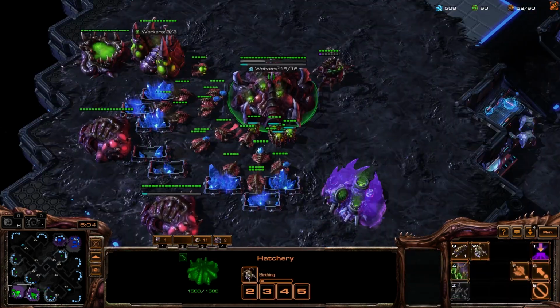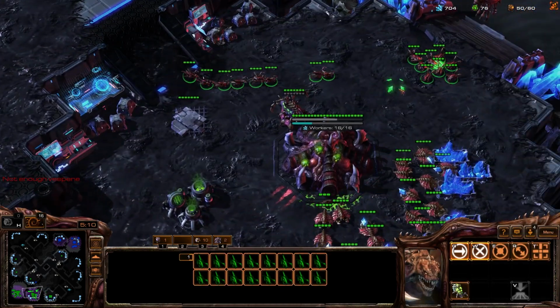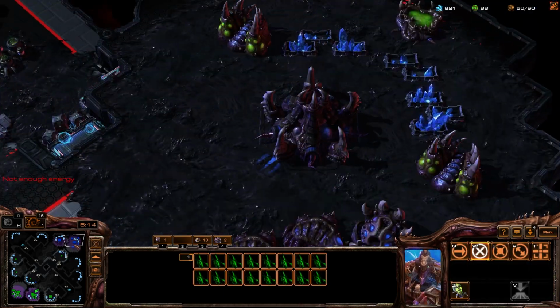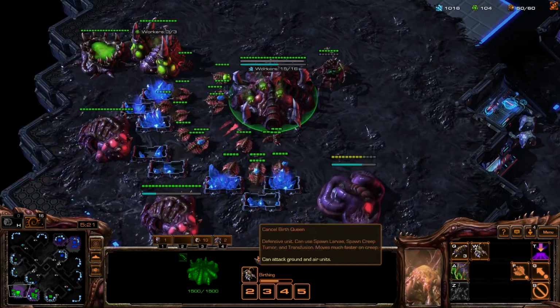I was just kind of watching that fight again. Get this second gas going. I can't start researching armor just yet. I got a bunch of lings to replace the ones that I just lost. So he's going full roaches, so I should probably try to tech into hydras fast if I can get away with it, but I need